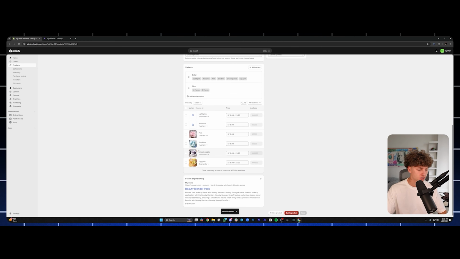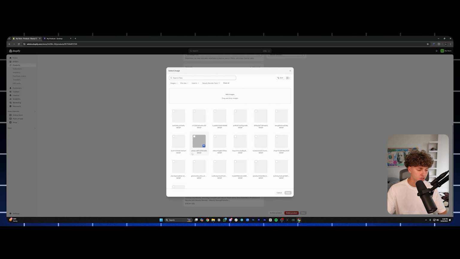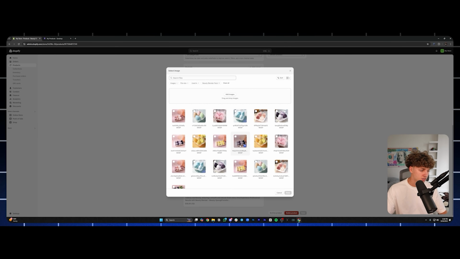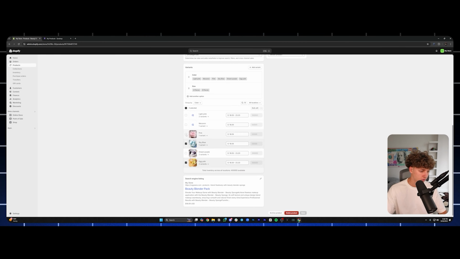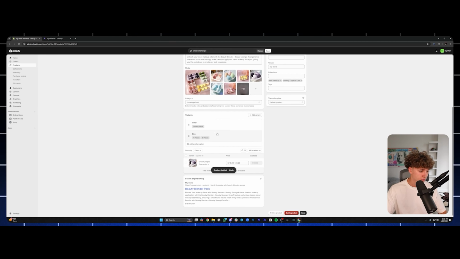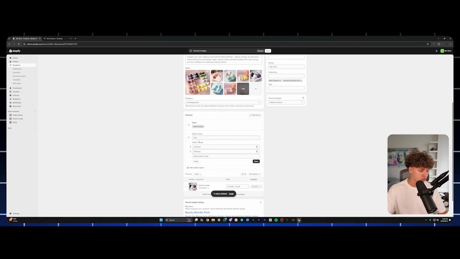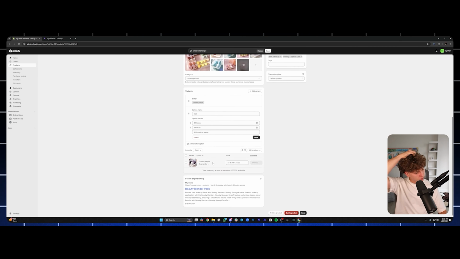For this instance, we're gonna pick whatever color goes the best with our scheme of colors here. And honestly, it looks like it would be this one right here just because it goes with everything super well. We're gonna get rid of every other option. Some of these don't even have images, which is horrible. We don't want to go find them ourselves. And then we have 2 options, 4-piece or 8-piece. And honestly, we're just gonna sell the 8-piece just because it is going to be cheaper. So we could go ahead and